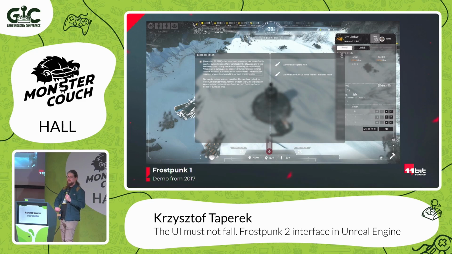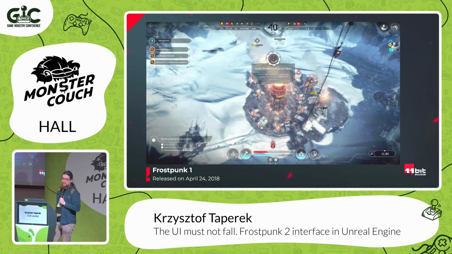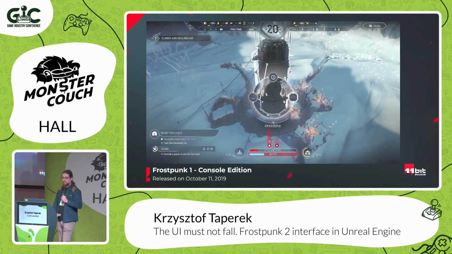But there was a lot of stuff done already when I joined, but everything was updated on tick, everything was recreated all the time, and it was not sustainable. So to achieve this version, we had to refactor almost everything. There was a lot of work with that, but after that we moved to the console version, and the rest of the team was focusing on DLCs. We learned a lot from creating that UI on our beautiful Liquid Engine, and that's why I was really eager to work on a new project to set up things correctly for once.